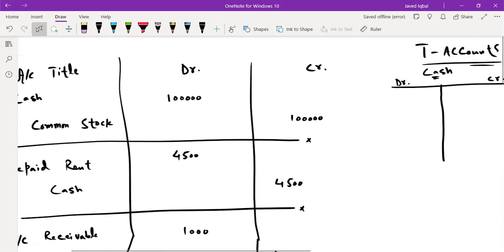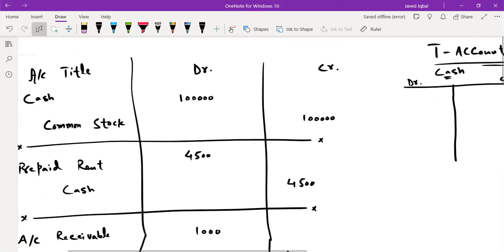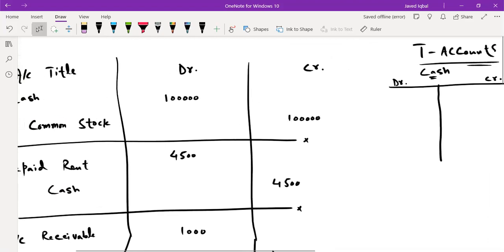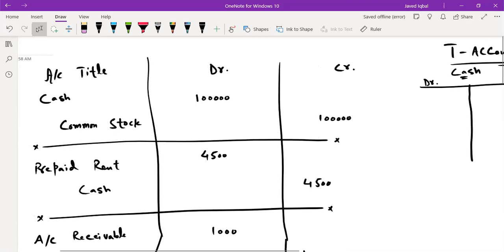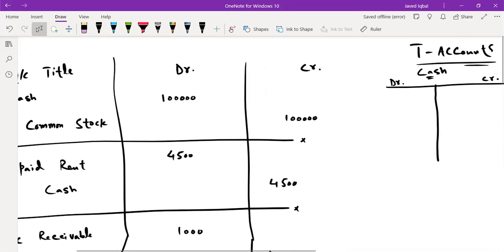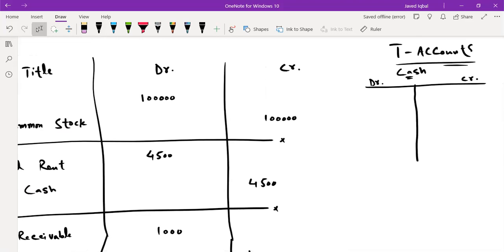So cash is the first account, and we write all the amounts of cash wherever it has been written during all these transactions, whether on the debit side or credit side, as is. So the first transaction wrote 100,000 in cash on debit. If you see the next transaction, cash was written as 4,500,